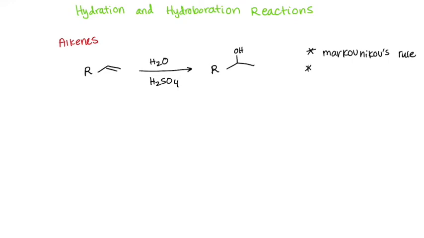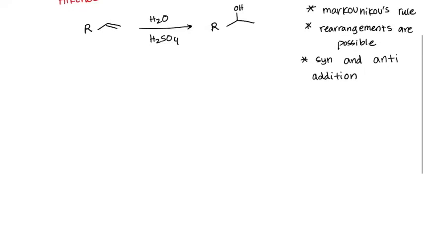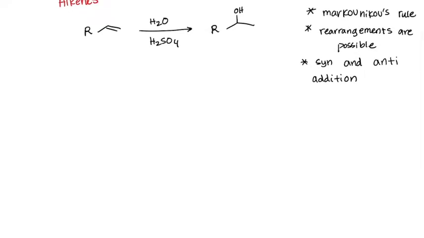And one more thing about this reaction is that rearrangements are possible. And one last thing about this reaction is that syn and anti additions are both possible. Okay, so that's pretty much the hydration reaction for alkenes. And the next reaction is hydroboration for alkenes. So we have a general form of an alkene. The first step is that you add the